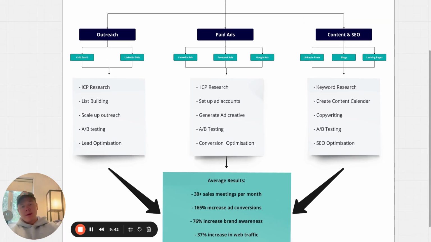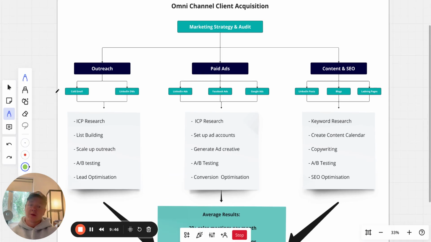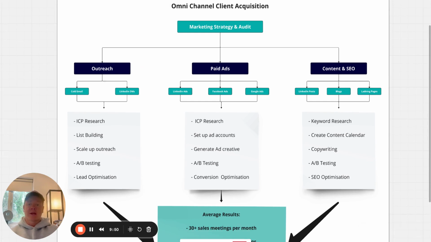So if you want to implement this into your business yourself, what I would suggest is start with one pillar, optimize, figure out how to get the best results for your business before you move on to the next. Don't try and do everything at once. Measure everything,